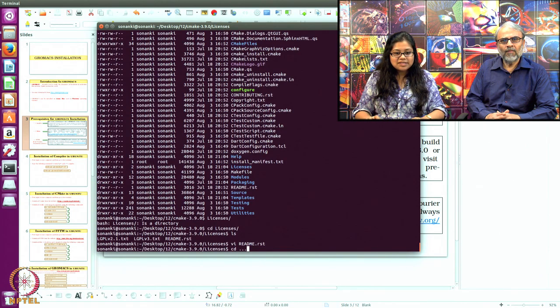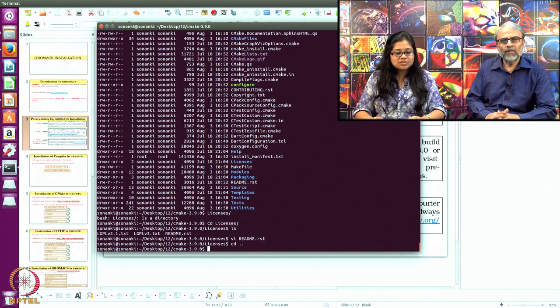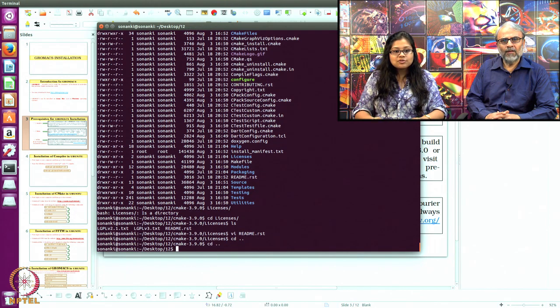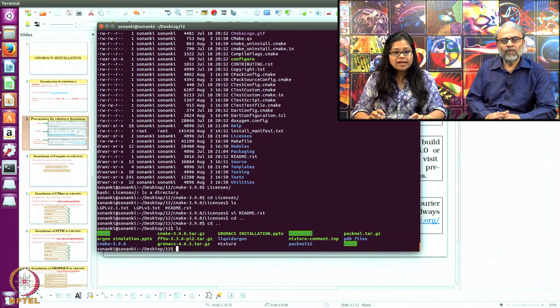After CMake is installed, we'll proceed towards the installation of FFTW. For FFTW also we have a tar file. First we'll untar the file. Which directory is it now? It's the same directory. On the desktop in 12 I have downloaded all these files, and in the same directory I have installed CMake. In the same directory I will be installing FFTW and